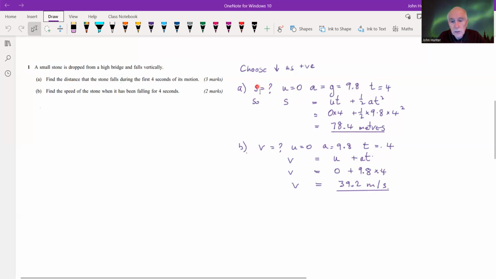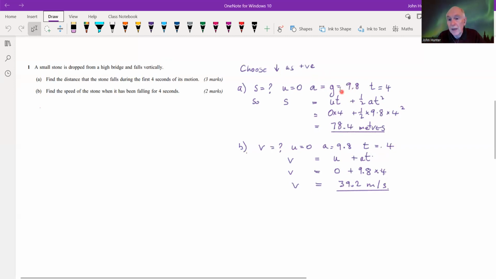So what have we got? It says find the distance, so obviously we need to find the displacement. The initial velocity is 0. The acceleration is the acceleration due to gravity, which we usually take as 9.8 meters per second squared. Incidentally, that's a constant, so all these problems that involve things falling to Earth will have this. Sometimes they fall to the moon, where the gravity is much less, so the acceleration is much less. But in this case we've got a equals 9.8, and of course this is positive